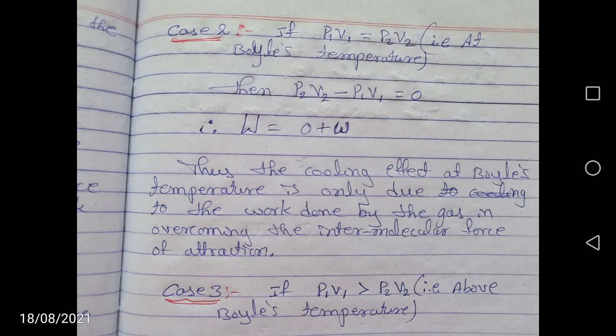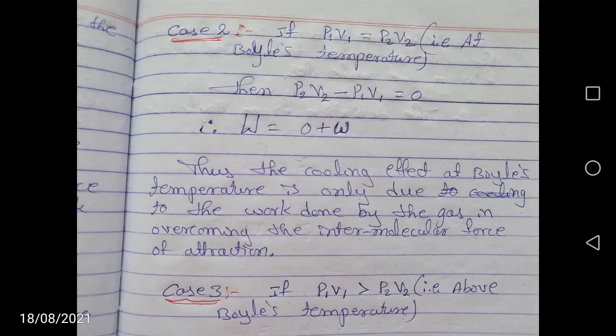Here, small w is the work done by the gas in overcoming the intermolecular force of attraction. So the total work done by the gas is equal to the work done in overcoming the intermolecular force of attraction when both the regions have the same pressure,